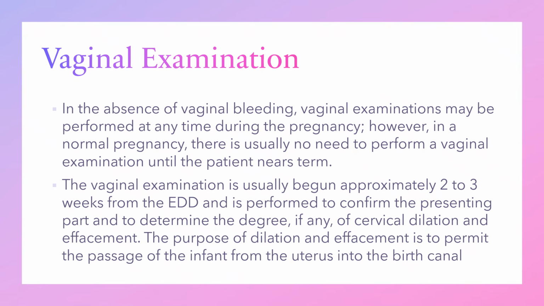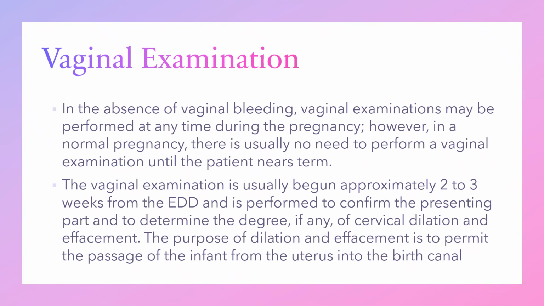In the absence of vaginal bleeding, vaginal examinations may be performed at any time during the pregnancy. However, in a normal pregnancy, there is usually no need to perform a vaginal examination until the patient nears term. The vaginal examination is usually begun approximately 2 to 3 weeks from the estimated due date and is performed to